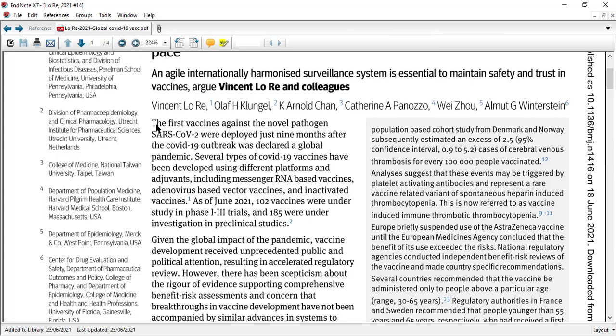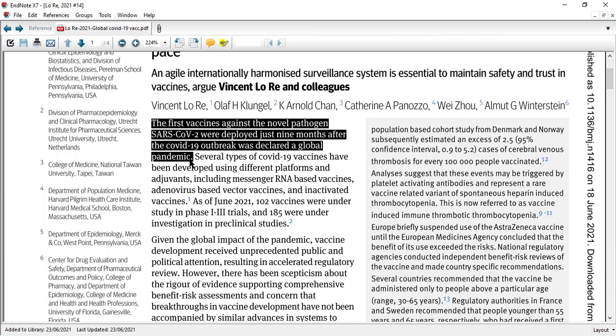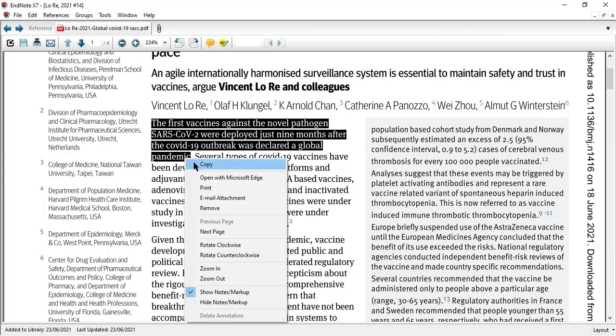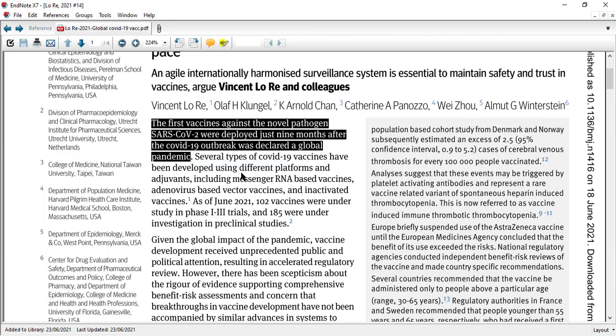Select the content that you want to copy, right click and copy. But one thing you should remember, we are not allowed to copy the sentence in the same format that was written in the article. That will create plagiarism for us. So we should paraphrase the sentence and change its structure. We can only take the message and the understanding from the article, but we cannot copy the sentence as a whole. So we should write the sentence in our own language.